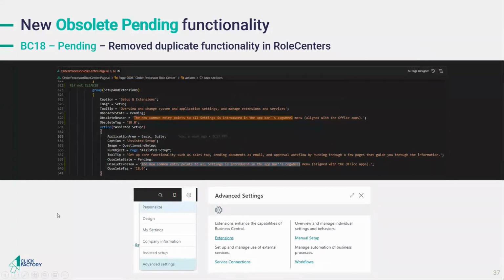Microsoft introduced in the Cogwheel the assisted setup, advanced settings, and information. This is also aligned with Office applications. All setups, main setups, general setups should be in this Cogwheel. And as they appeared here, they are being removed from the role centers